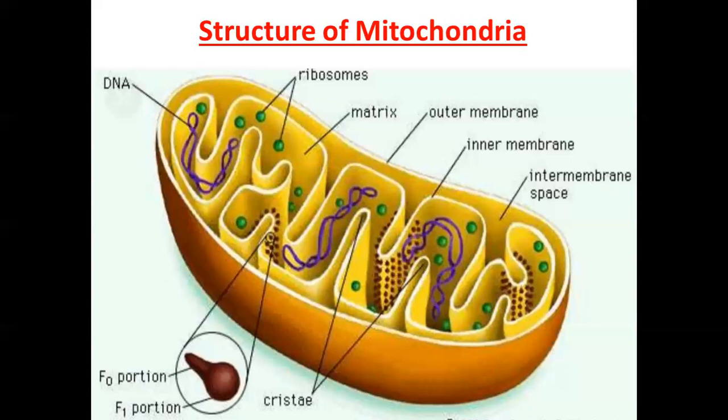It is filled with a dense fluid called the mitochondrial matrix, or simply we can also call it the matrix. The matrix contains respiratory enzymes, lipids, some ribosomes, RNA, a circular DNA, and certain ions. Here, as you can see in the diagram too, DNA, RNA, as well as ribosomes. The function of ribosomes we have already discussed, that it helps in the synthesis of protein. So that is the structure of mitochondria.